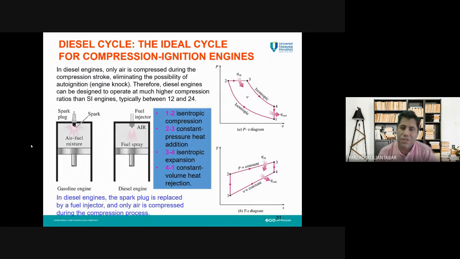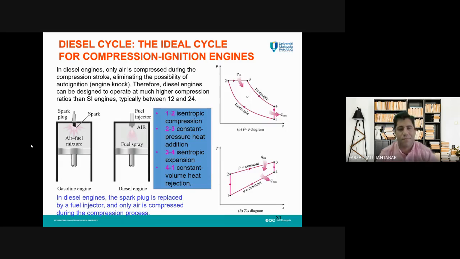In a previous session, we started to discuss another type of gas power cycle. All of this chapter is about gas power cycles, and the common characteristic for the different types of cycles in this chapter is the working fluid. In this type of cycle, the working fluid is a gas. Generally, based on the air standard assumption, the working fluid in the cycles in this chapter is